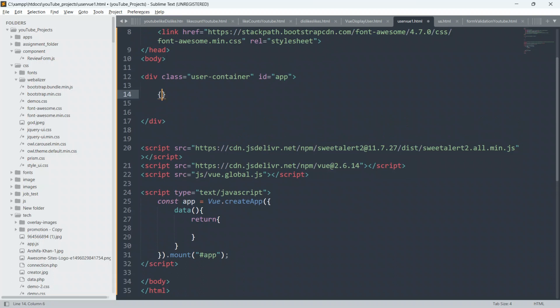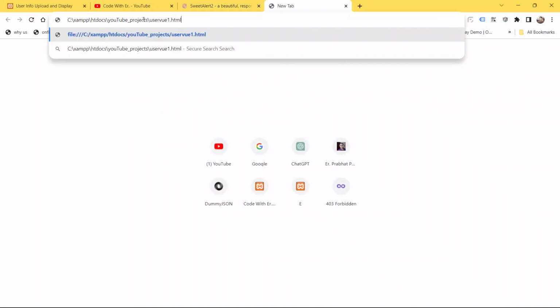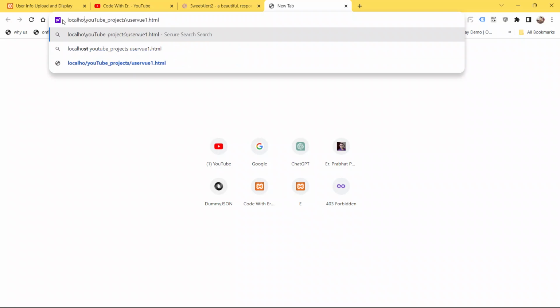Okay, so I'm gonna do double curly braces and I will say 4 plus 4 plus 4. So guys, ideally we should be getting 12 if everything is okay. So just save your code, copy the file path, go to the browser and create a new tab and paste it here and just remove this and put localhost. Yeah, as you can see guys, here we are getting 12, which means our code is working.